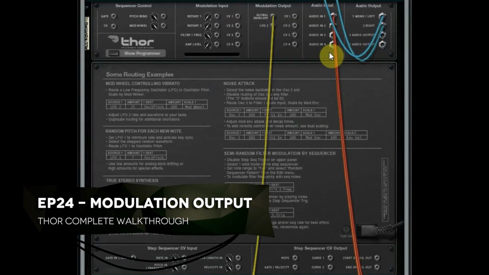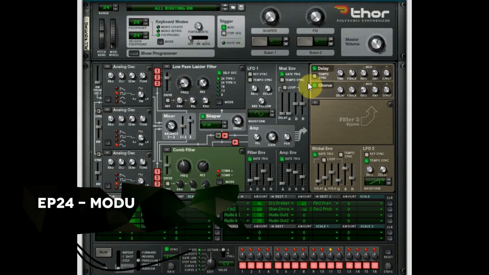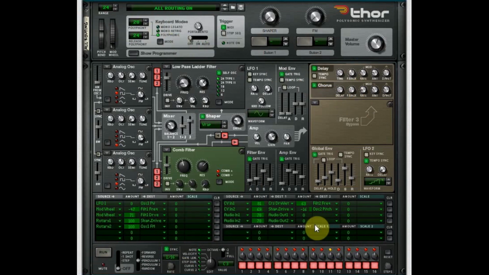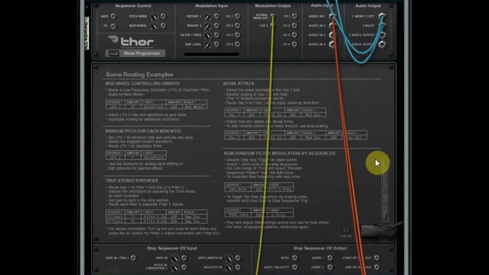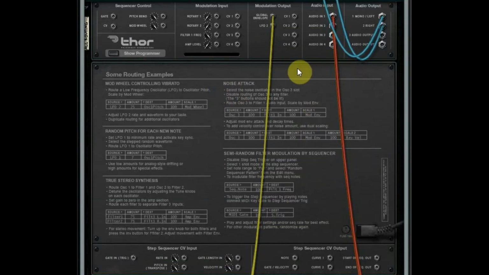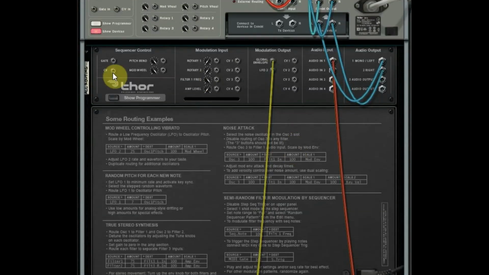And in this, we've covered everything on the front. So if there's something on the front of the Thor that you haven't caught, backtrack to some previous episodes. We're covering what's on the back, all the routing on the back now, and we're at this modulation output option, and just like in the previous episode, this is very similar to your input, only you're sending it out to